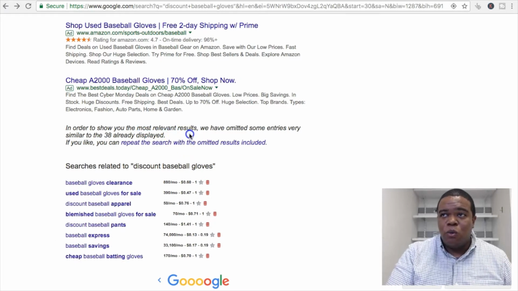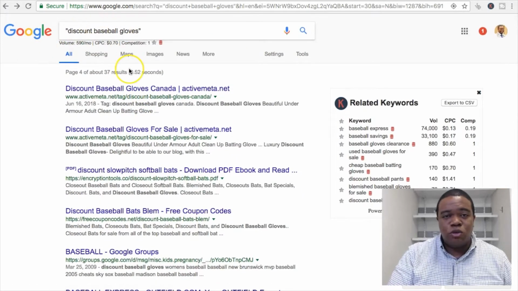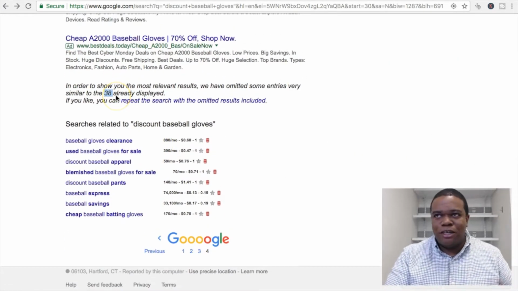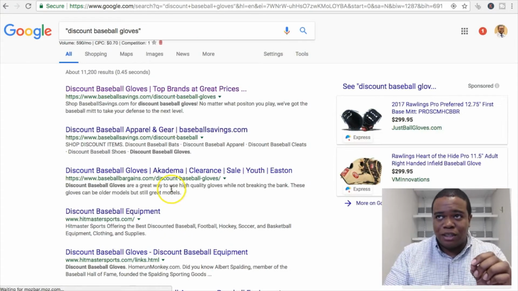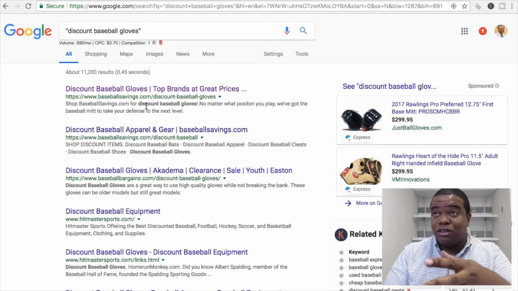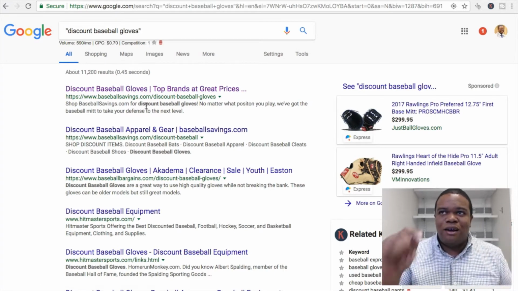So when doing keyword research, one thing that I like to do is look to see exactly what my competition is with the quoted search results for a particular term that I know is being searched for quite often. So I come down here with discount baseball gloves. Only 38 websites, as we discussed earlier, have this competition. So now I'm going to go back to the first page, and Google is going to give me the best search results for my quoted search, discount baseball gloves.